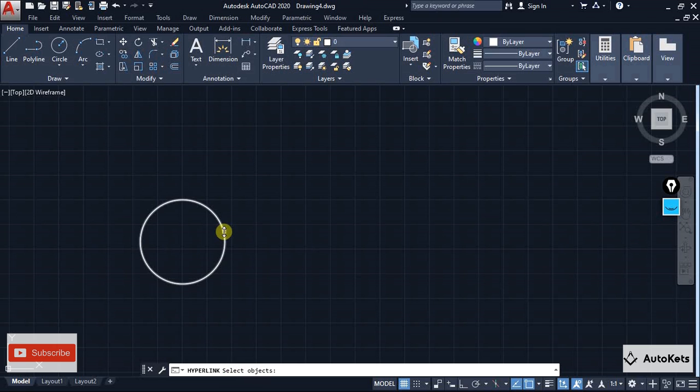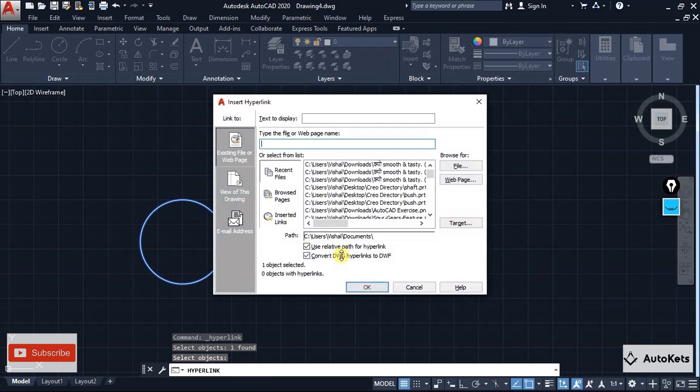So I'm going to click on this object and press enter. Another dialog box will open, and from here you can type the file name or the web page name. You can provide a link directly over here, just copy and paste the link, and it will be inserted. But let's say that you want to browse it, so there is a web page option. You can click on that. It will open your browser to find that web page,